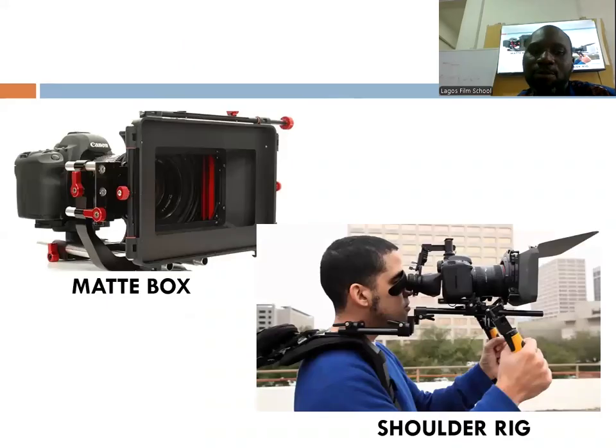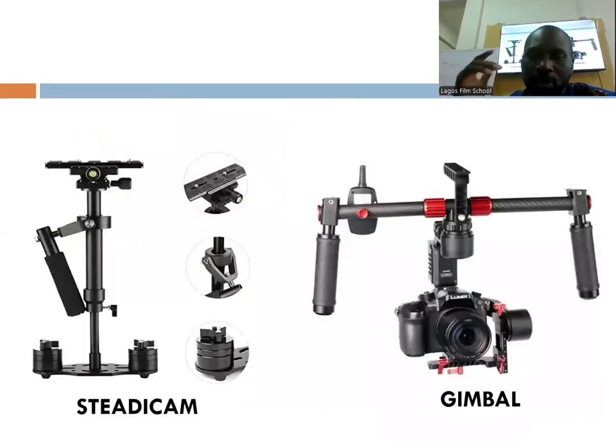All right, then you have the matte box shoulder rig. The DSLR by default is very small, and some people are used to shoulder mount cameras. So you can buy a shoulder mount and fix the DSLR in it, so that it's also bulky, and then you can shoot with it. The matte box is to prevent sunlight or light from your lighting from entering into the lens, so it shields the lens.